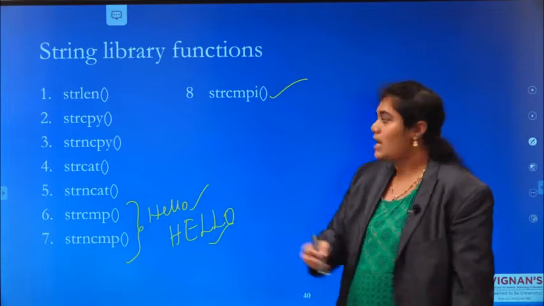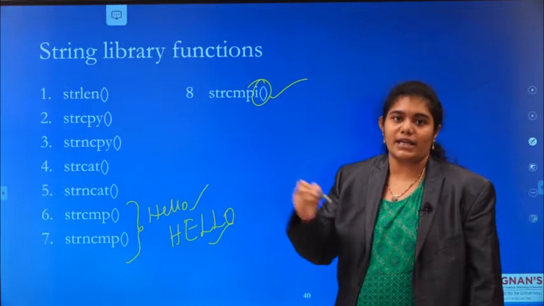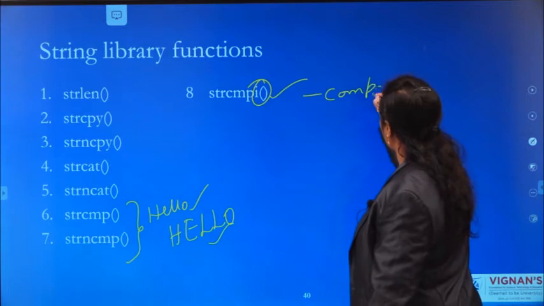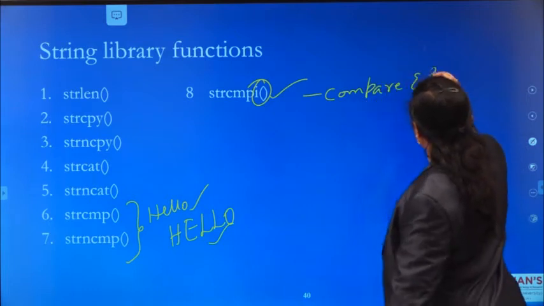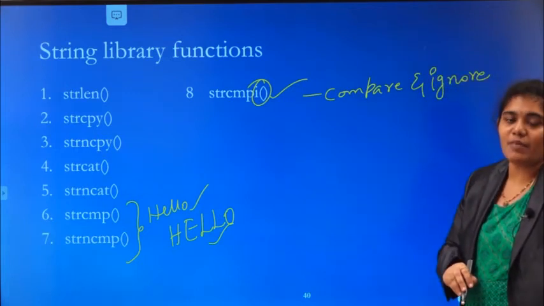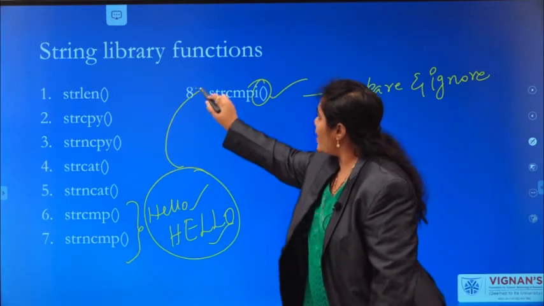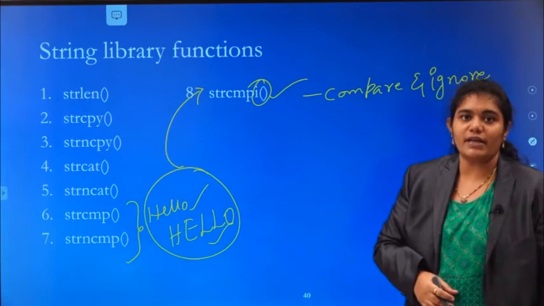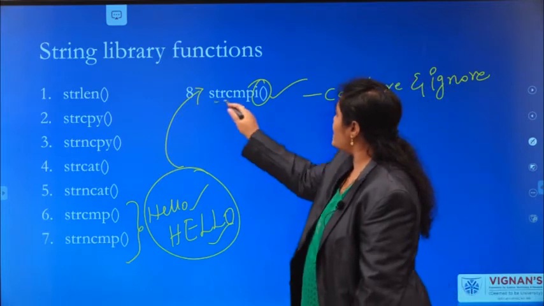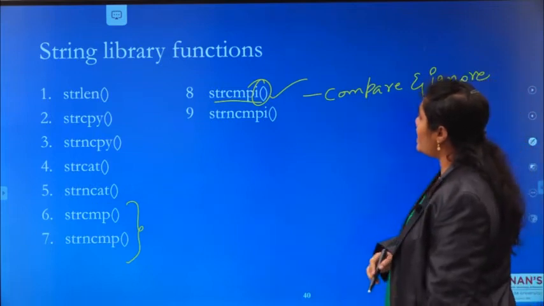But strcmpi compares and ignores the case. If you give the same input to this function, it will return true. So this is strcmpi.